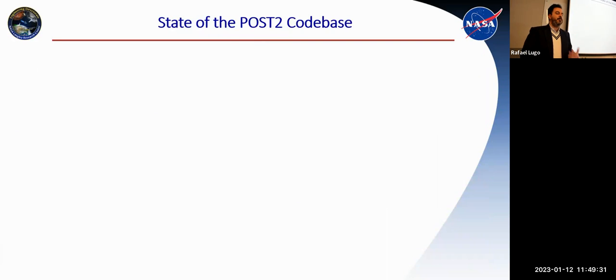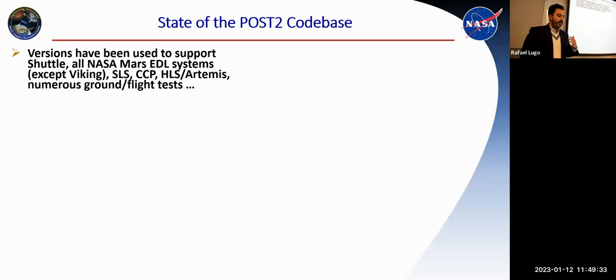So, state of the Post2 codebase. I don't know if I've talked about how old Post is. It's very old. It goes way back to the 70s. It was originally developed to support shuttle. It's been used to support all NASA Mars EDL systems, except Viking, so everything Pathfinder and onward. We use it to support SLS, commercial crew, CCP's commercial crew project, HLS and Artemis, numerous ground and flight tests